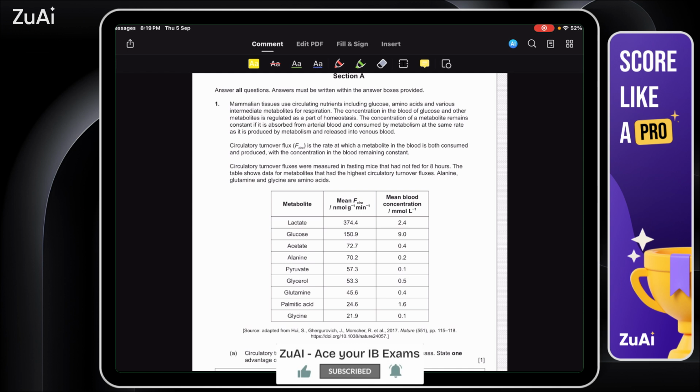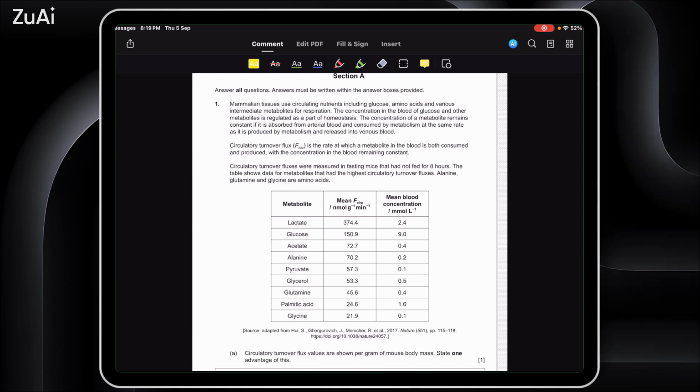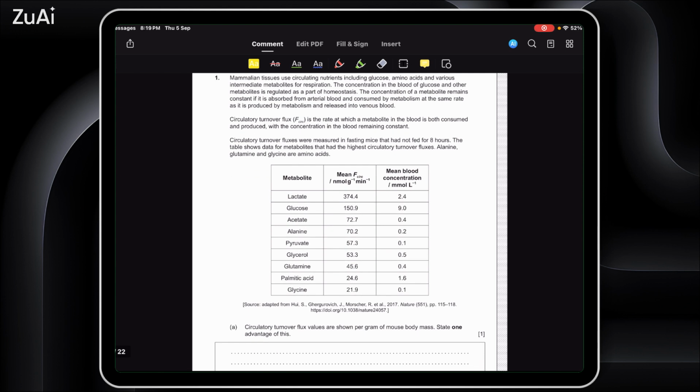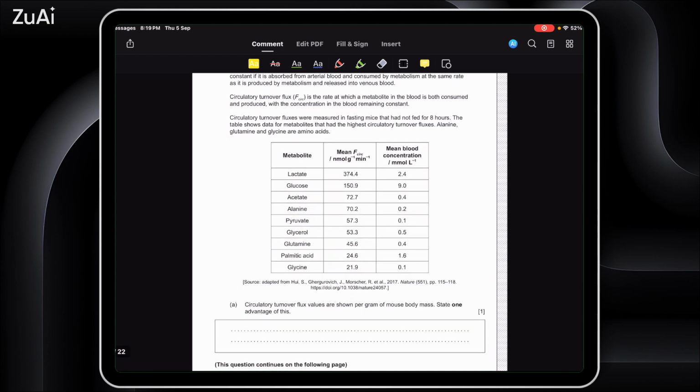So the first question: mammalian tissues use circulating nutrients, including glucose, amino acids, and various intermediate metabolites for respiration. The concentration in the blood of glucose and other metabolites is regulated as part of homeostasis. The concentration of metabolites remains constant if it is absorbed from arterial blood and consumed by metabolism at the same rate. Circulatory turnover flux is the rate at which metabolite